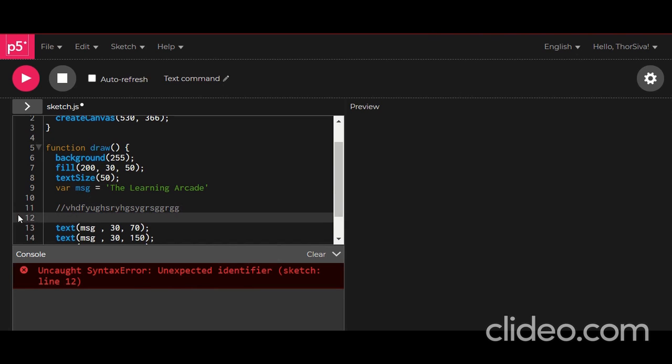Now if you try to tell a person who is reading your code that this text displays the message known as the learning arcade, you will write, the below thing is writing the learning arcade